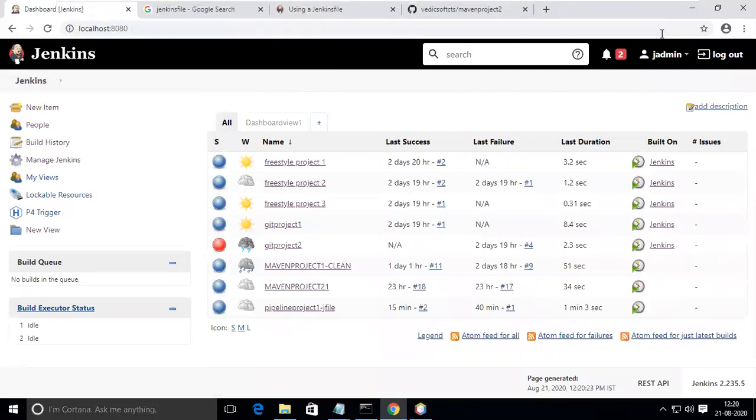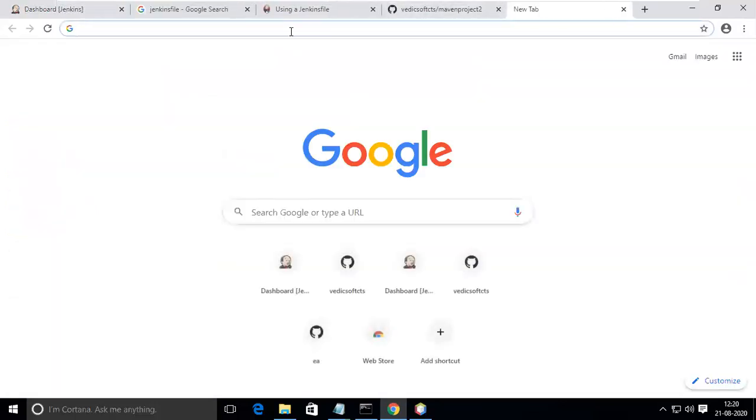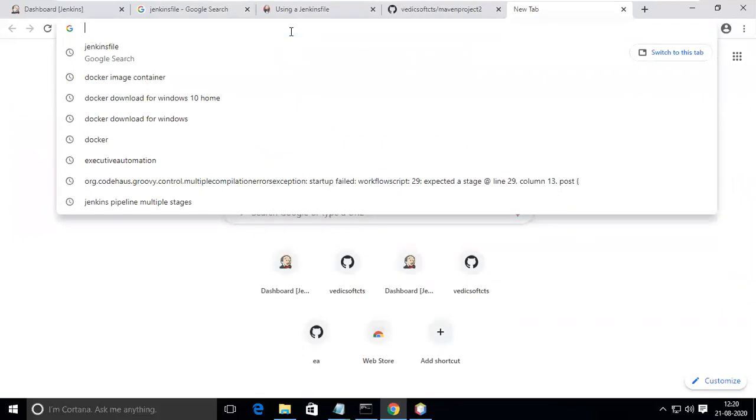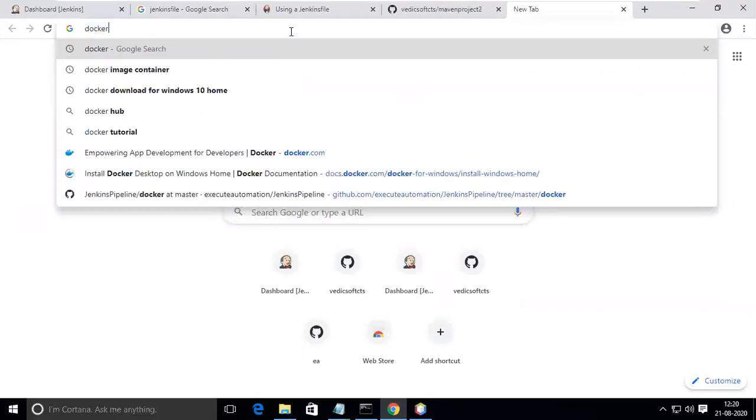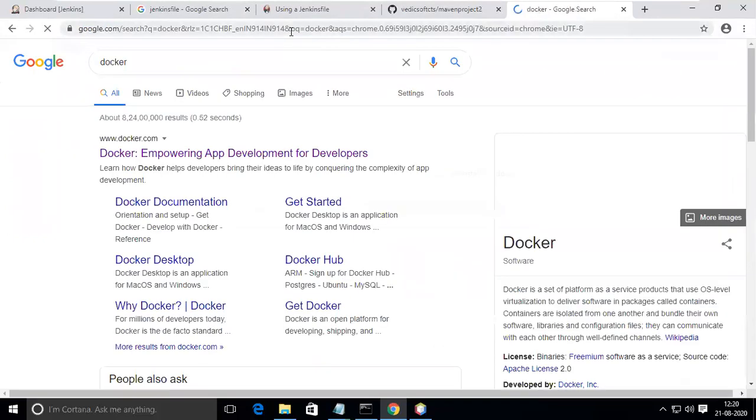Okay, so we'll go to our Docker. I will figure it out later. So what is Docker? Okay. So I'm going to